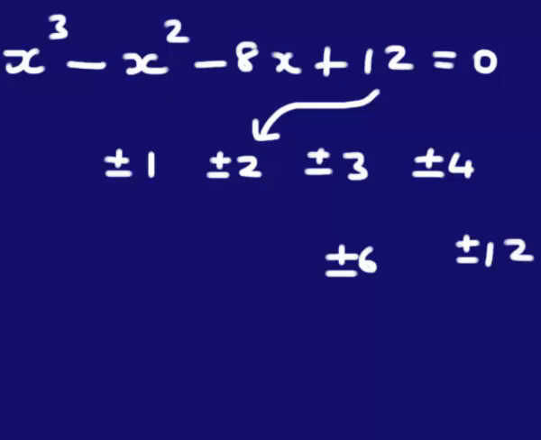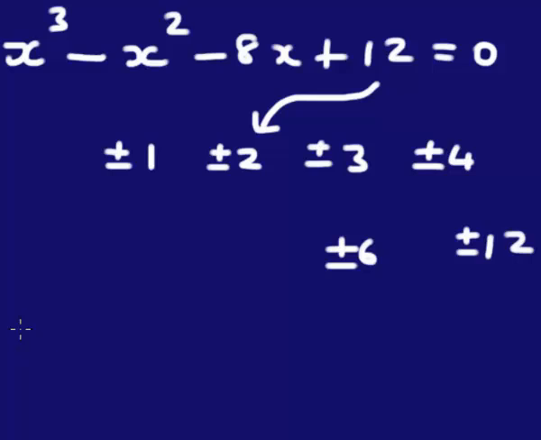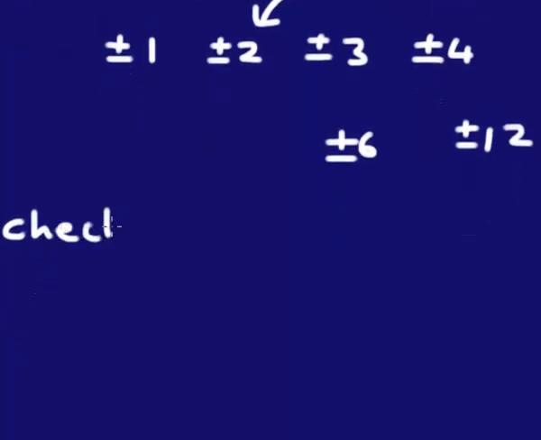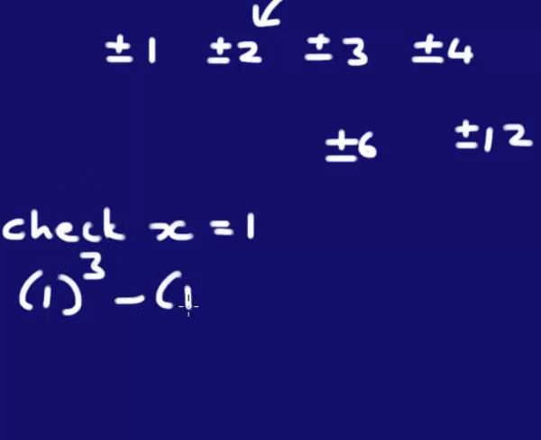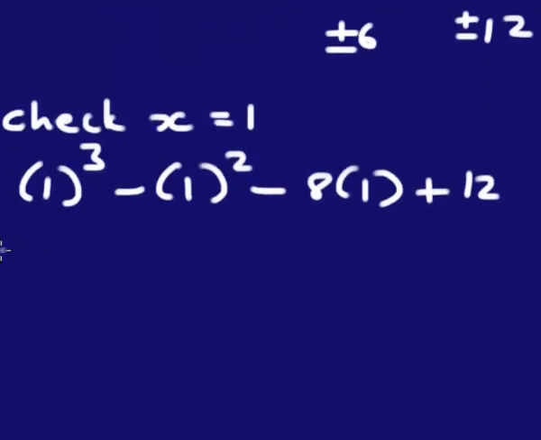So let's start at the beginning. Let's start at 1 and see if 1 is a solution to the equation. So let's check out x equals 1. Well, what do we do? We plug it into the equation. So it's 1 cubed minus 1 squared minus 8 times 1 plus 12. Let's hope that it comes to the right side, which is 0. Well, let's check. 1 cubed is 1, minus 1 squared is 1, minus 8